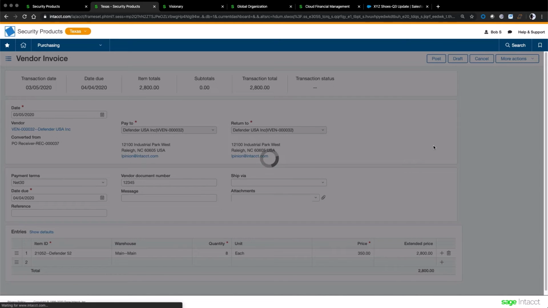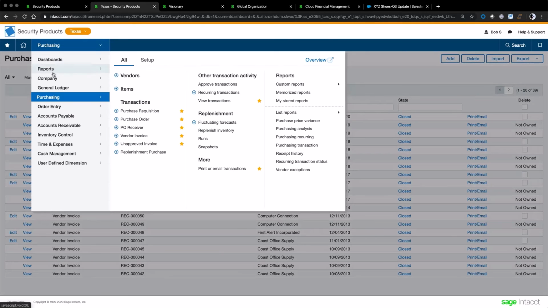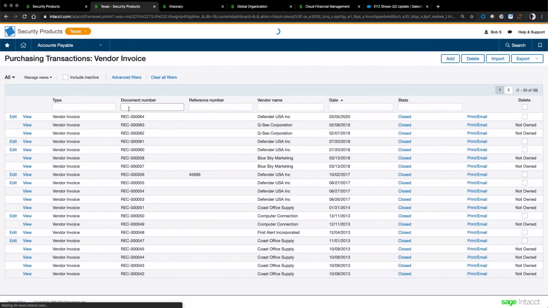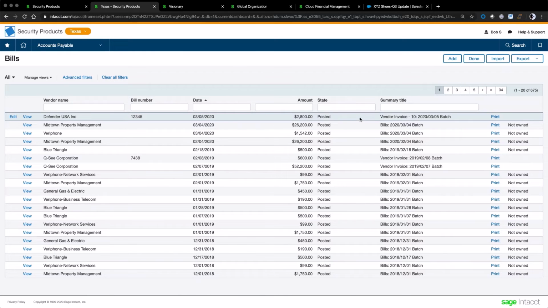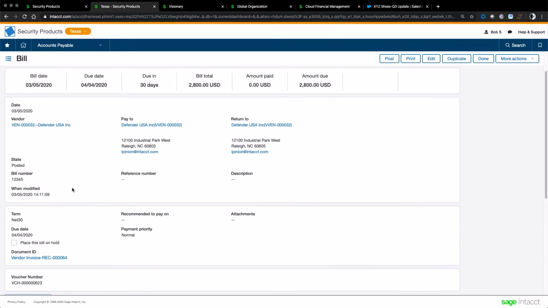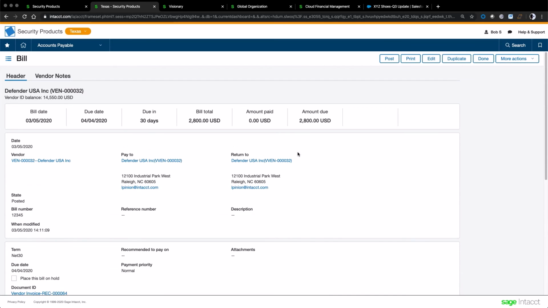So now if I go look at my bills in accounts payable, I see that I have this new bill to Defender USA. I can choose the bill and see everything that's on it. Now it's keeping track of account and amount rather than item and quantity. This is going to fall nicely into my chart of accounts and hit the general ledger. I've still got all the information about the bill,